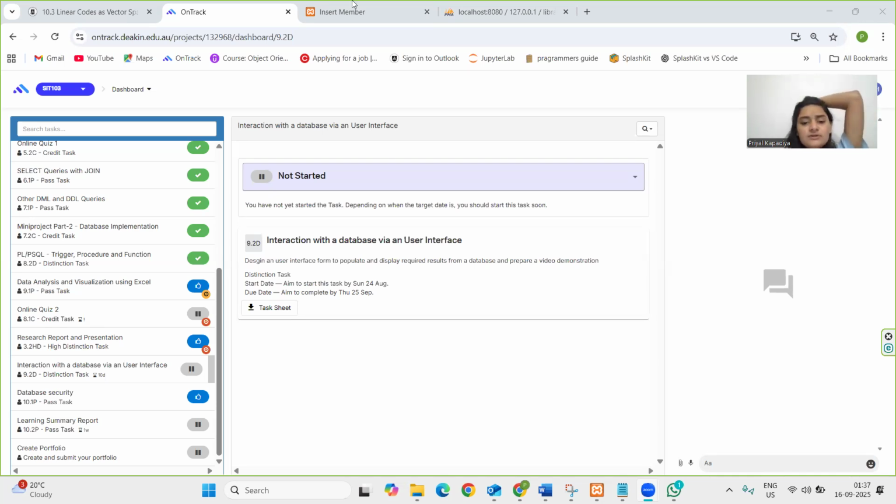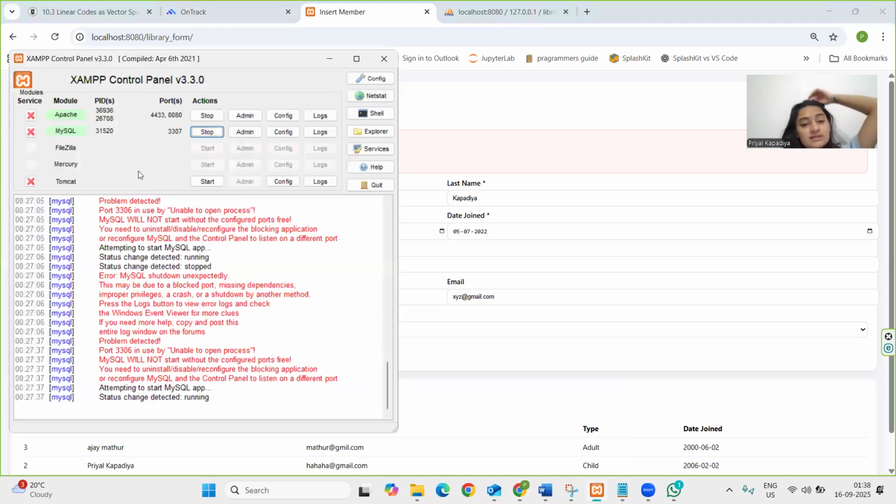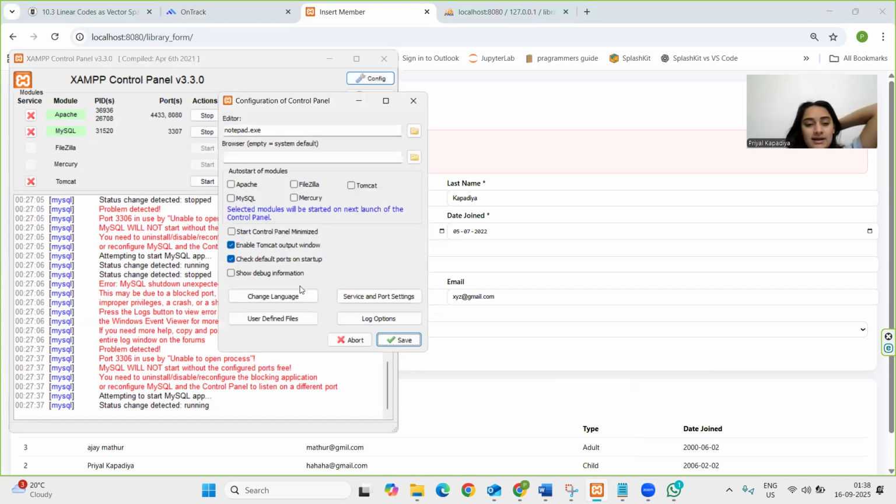So firstly, I'll introduce what I started with. The first thing I did was download the XAMPP control panel, and then I started both of these modules, for which I had to change a little. I had to change the service and port settings because the default port was already in use, so I had